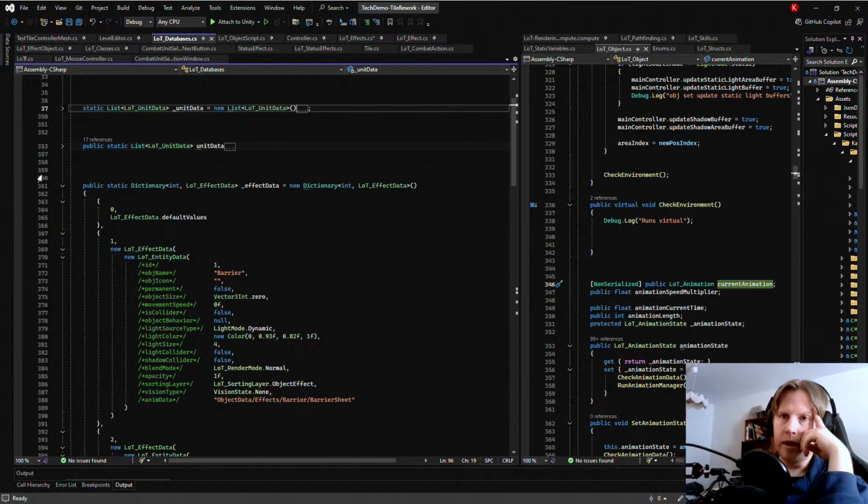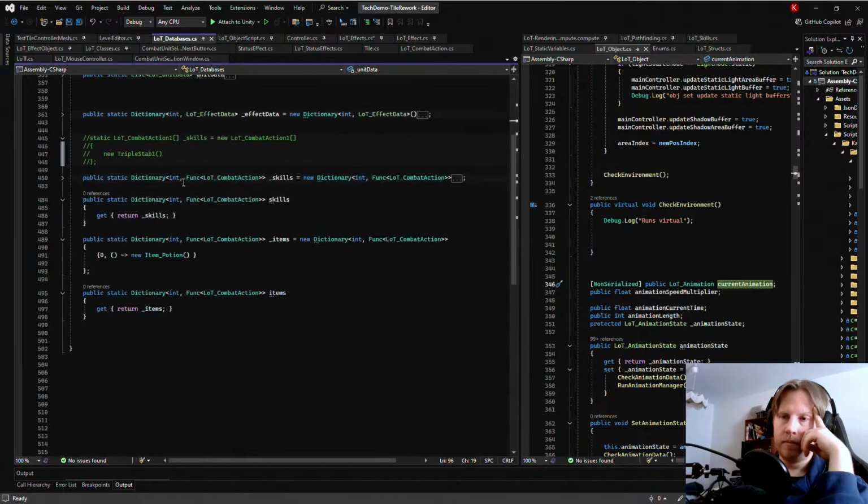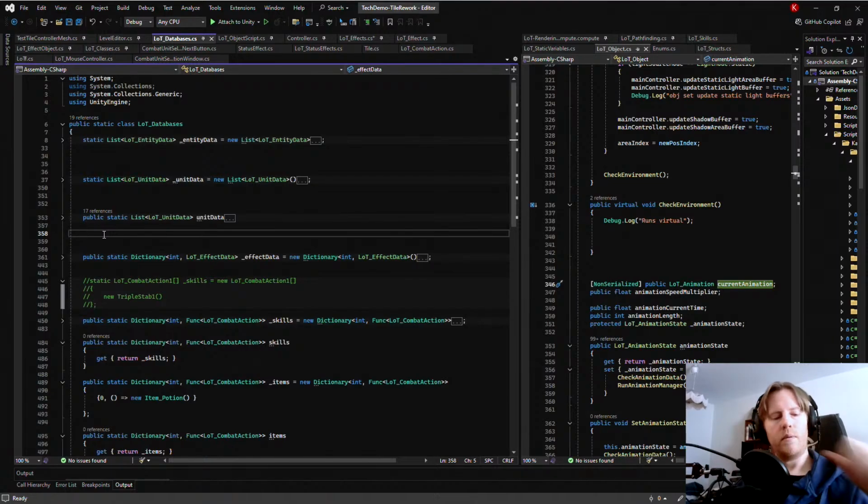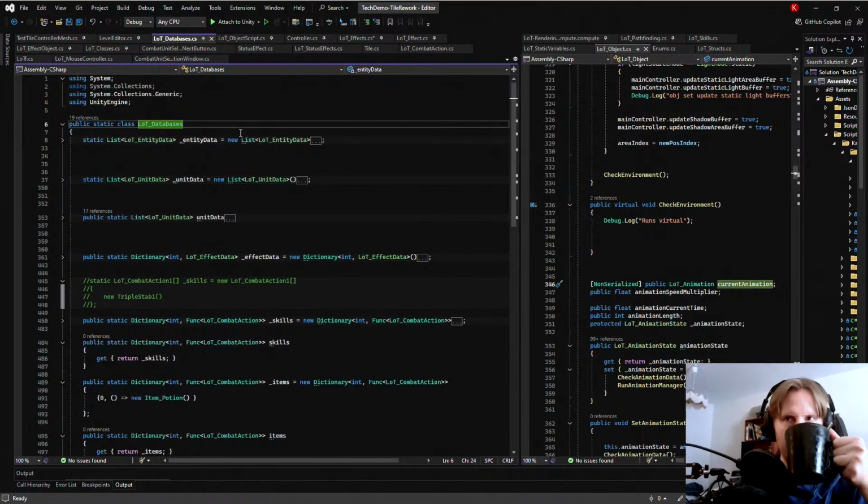We've got effect data. I was doing that. In the same way, I would like this to just contain the animations, and they're just written. I don't know if it's a good idea to have it all in one class, but